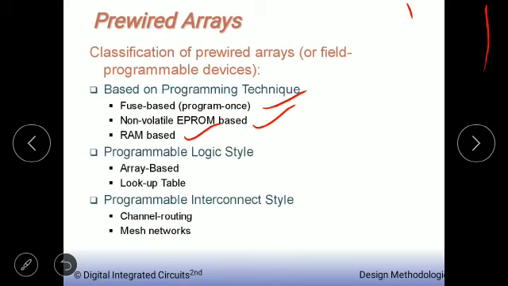In the coming sections, we first discuss different ways of implementing programmable logic, followed by an overview of programmable interconnection. Finally, we detail a number of specific ways of putting the two together. Right now, let me start with programmable logic style. In that, once again, there are two types: array-based and lookup table. Similar to the situation in semiconductor design, two fundamentally different approaches towards programmable logic are currently in vogue, that are array-based and cell-based. So first, let me discuss what is array-based.